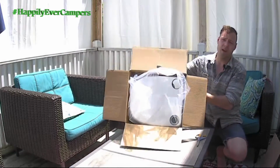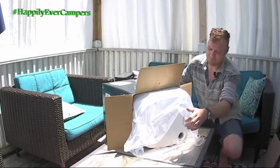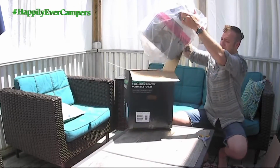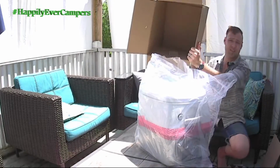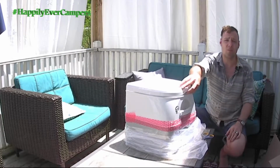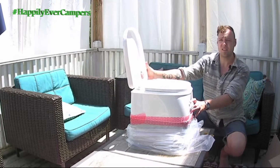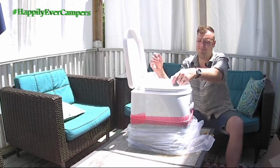So here we have our box in and of itself. Not really all that much to the actual toilet. You can see, empty box. Nicely wrapped in plastic. It's a hard plastic toilet. Locking or latching seat cover, which helps keep things clean. Inside the toilet,